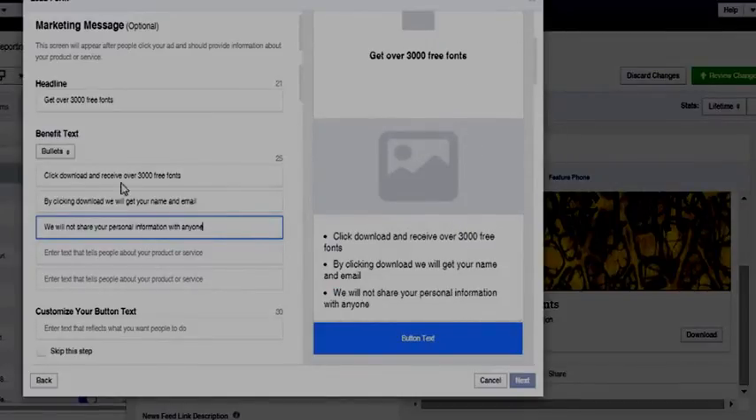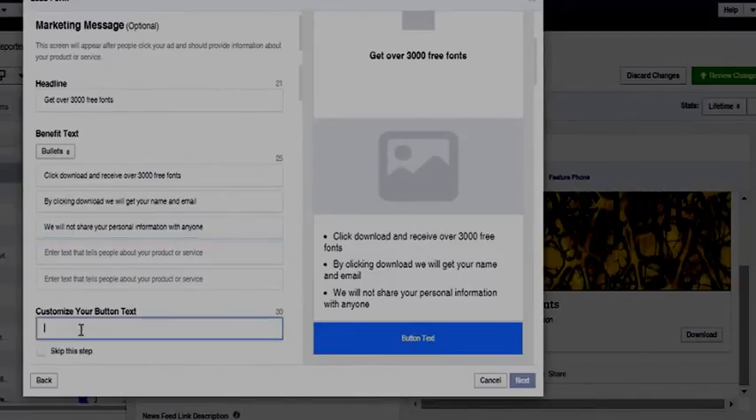So once you've put in all your bullet points, then you come down to customize your button. Over here on the right it says button text. That's really boring, we don't want that. So you come over here to the left, click in there, and put something like "download here", and you'll see over here it'll change. So once you've done all that,